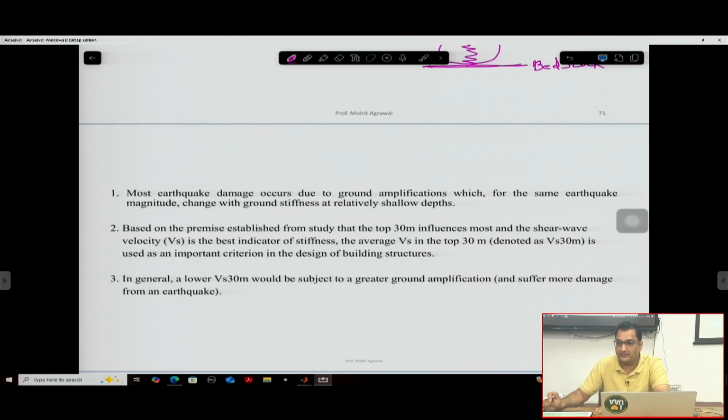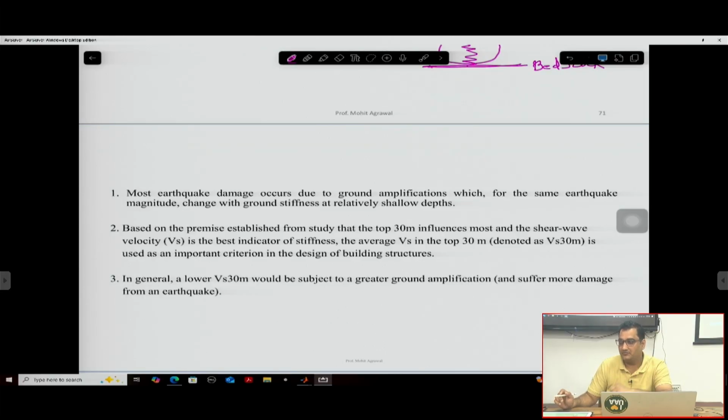So, soil, or the superficial soils, are something that may amplify or de-amplify the bedrock motion. If the soil is very loose, then the shear wave velocity, or the stiffness of the soil, will be less, and it will amplify the waves as they reach the surface. Now, as per the standards, the top 30 meters of the soil influence most, and the shear wave velocity for